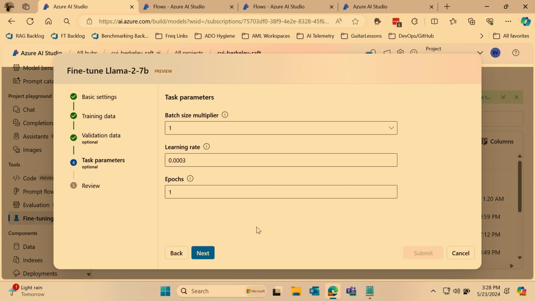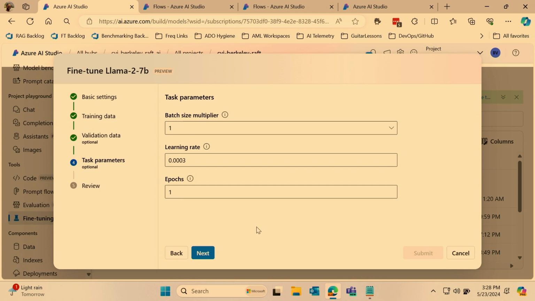The batch size is similar to that. After every certain point in time, you go back and update your model's internal parameters. If you choose a very large batch size, your training will go faster, but you will update your model's parameters much less. If you take a very small batch size, your training is going to take much longer. It might not be cost effective and things like that. So a good balance is needed.